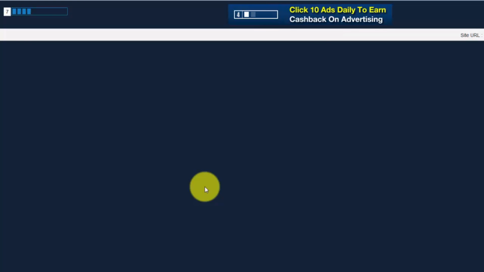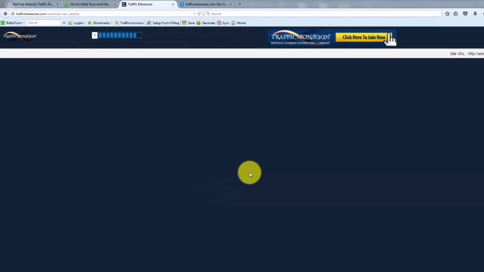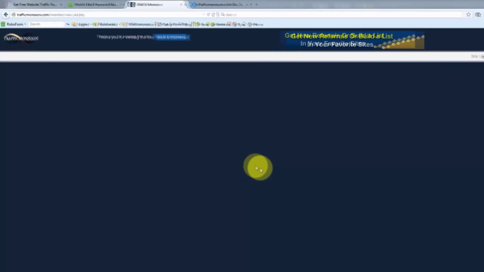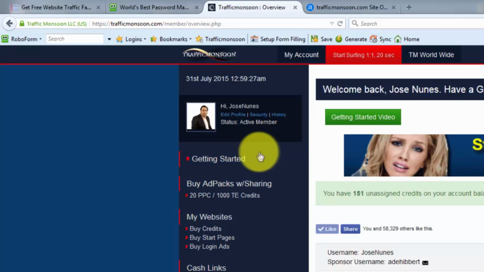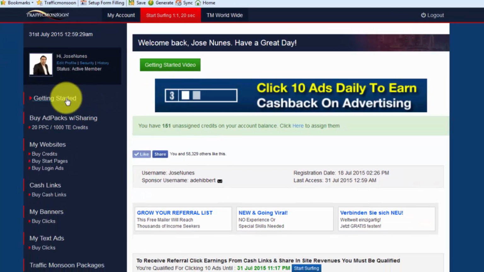And once you log in, obviously the first thing you're going to see is the login HUD. So people are paying for the login HUD. To understand this better, you're better off starting to use the system so you get used to it. And when it displays the login HUD, go back to the dashboard. Then you click the dashboard, and here you will find getting started.